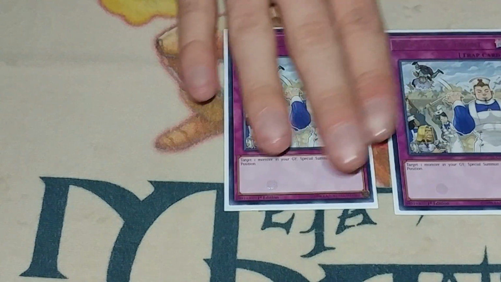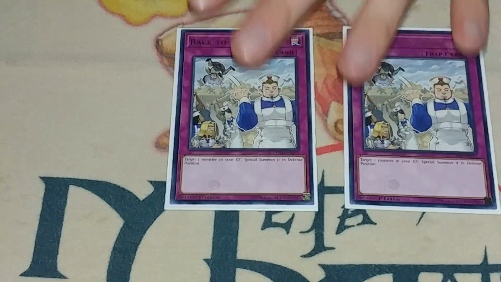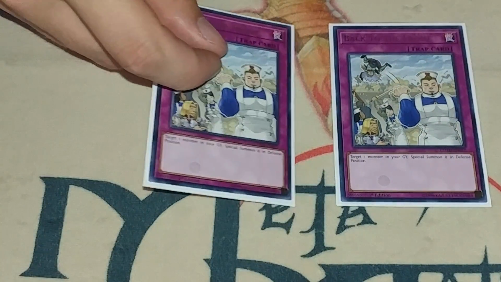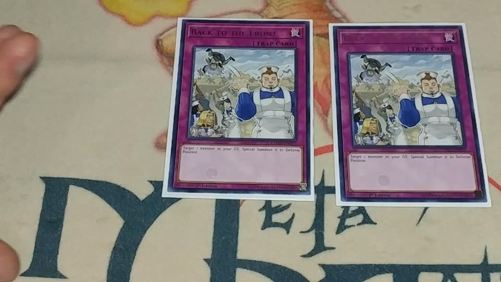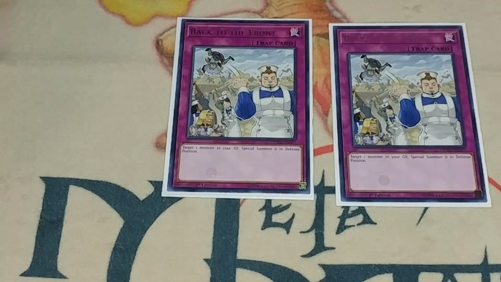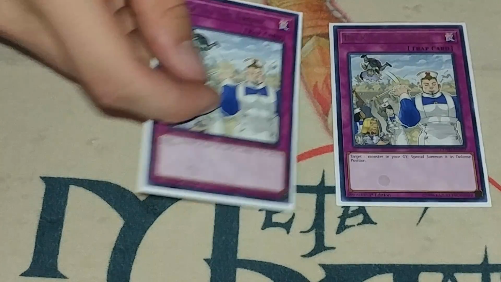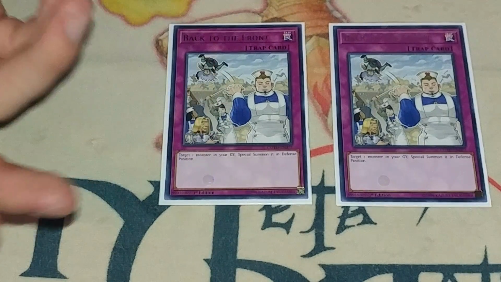I don't know how I feel about this card at 3 or 2. Definitely it needs to be more than 1. But what this does, it's pretty much just a Call of the Haunted, but it's in defense position, and it's not a continuous trap card, so they can't just pop it with something, and that's really, really important, in my opinion, because that means you can actually do it. You can use this to bring back a properly summoned Ultimate Conductor Tyranno,